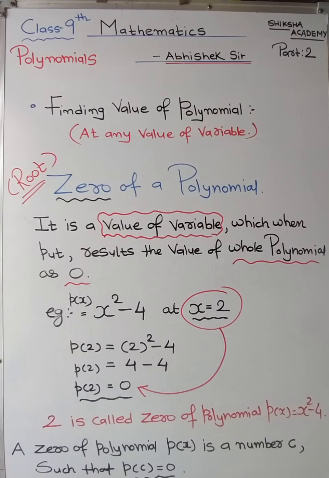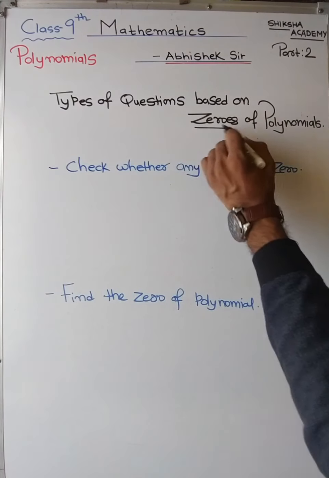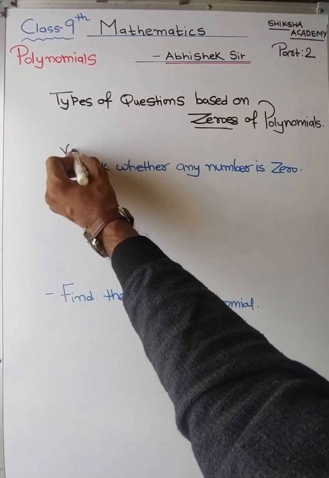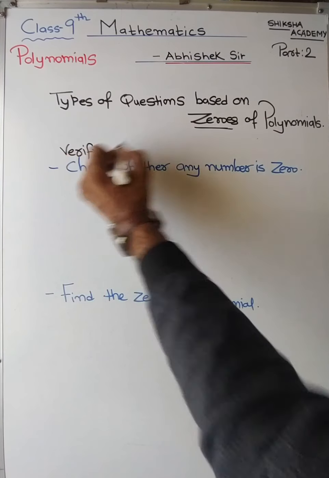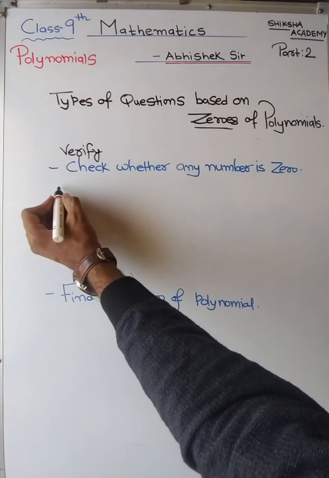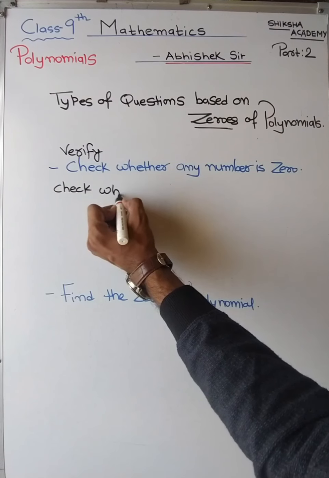Moving ahead, let us see what are the various types of questions which may be asked, which are based on zeros of polynomial. So the first question that may be asked is check or verify whether any given number is zero of the polynomial or not. Clear? So let us see an example. The question might be: check whether